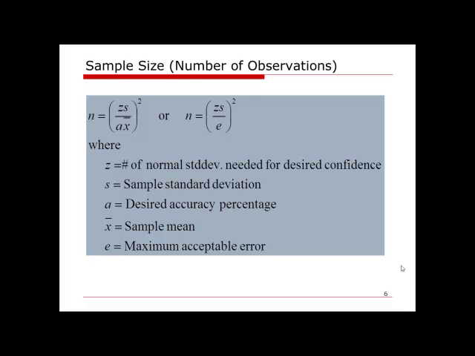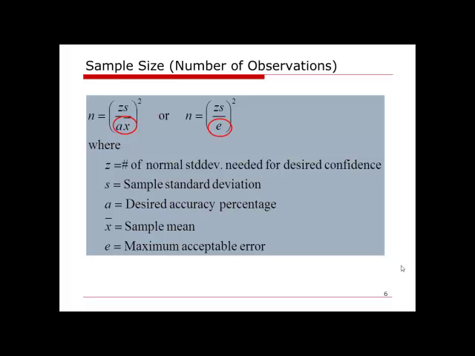If we compare these two equations, everything else is the same except the denominator. One is A times x bar, where A is the desired accuracy percentage. So this is a percentage. X bar is the sample mean, which means that we hope the error will be within a certain percentage of the sample mean. The other one will be